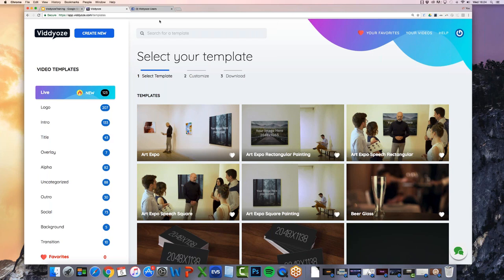What I want to just say, guys, is all of these different categories, we are growing them all. So again, of course, we've added live to the mix now, and we've absolutely blasted off with live with 100 templates straight away, or 120 if you're in the template club, you get the 20 bonus ones. But we are going to be growing all of these. Our aim is to get over 1,000 animations inside of Viddyoze for you guys to use as quick as we possibly can. So again, if you're a template club user, our aim is to get over 1,000 animations that you can use whenever you want, however you want.